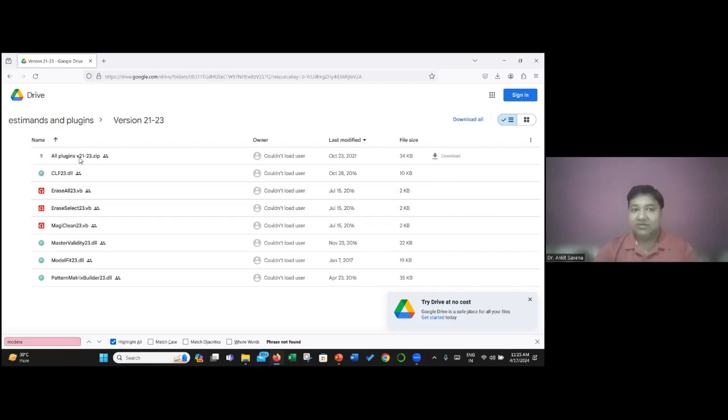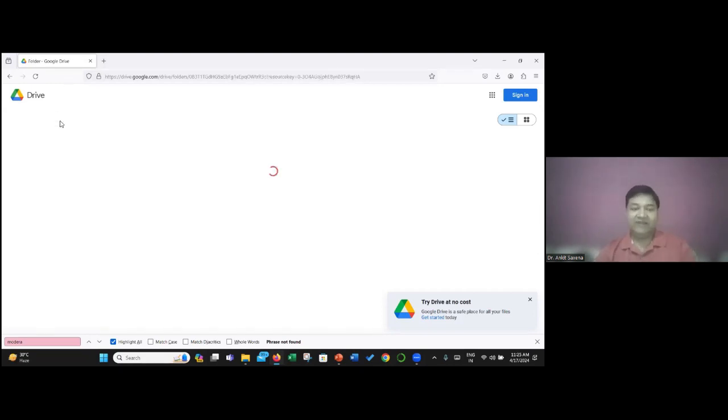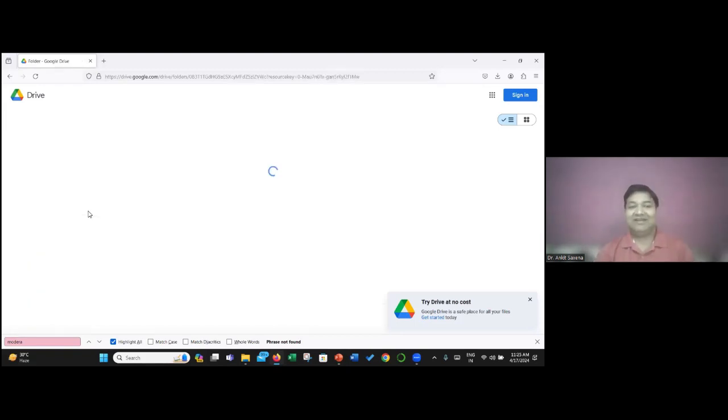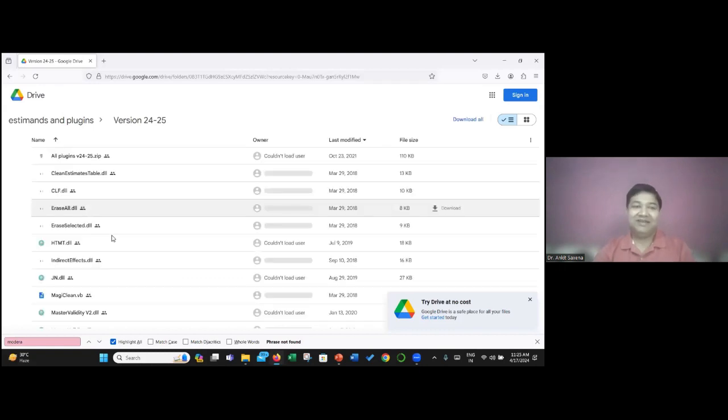So once you are doing this, you will be downloading all the plugins from here accordingly. Please check which version of Amos you are using. If you are using version 21 to 23, this folder is meant for you. If you are using a higher version, please refer to that particular version. In the higher versions, let me show you what they have added. In the 24 and above version, they have added HTMT, which is a measurement of